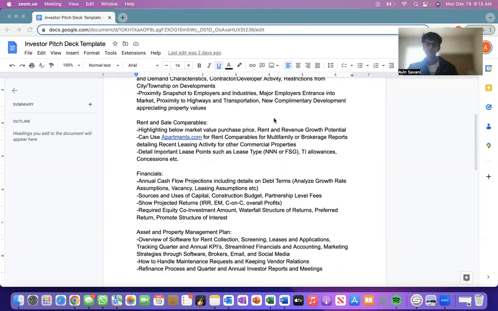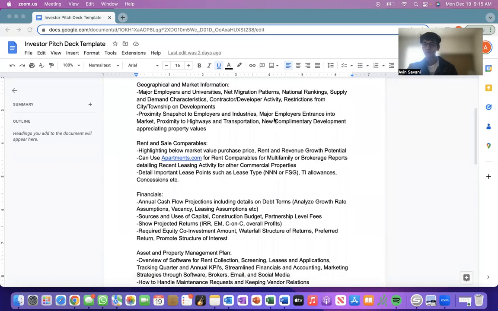Restrictions from the city or township on development. That's another thing. There must be some data where you can track the average entitlement period within a county. It could range from upwards of 6 months to even 2-3 years, you know. It all depends on how willing your township is to approve your project. If you have good voices or good contacts within the township and city council, they can put a good word in for your project, right? So it all depends on that relationship with the city and township for your development.